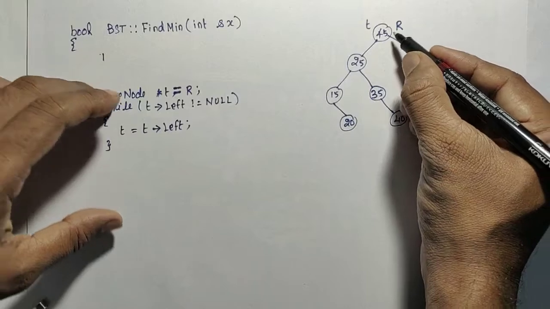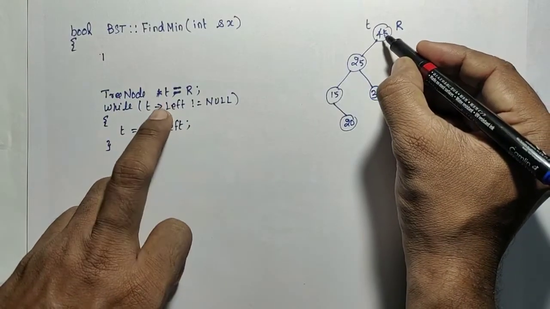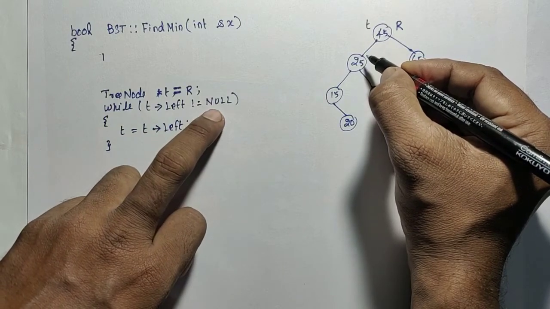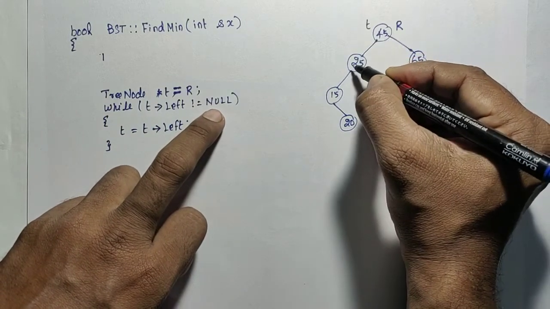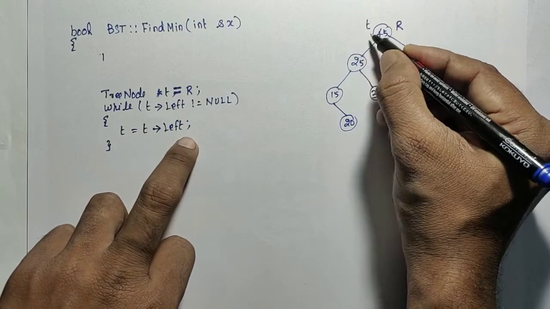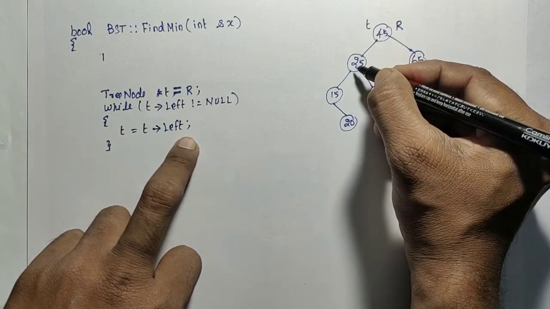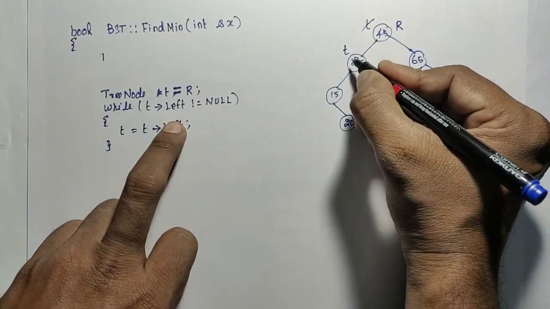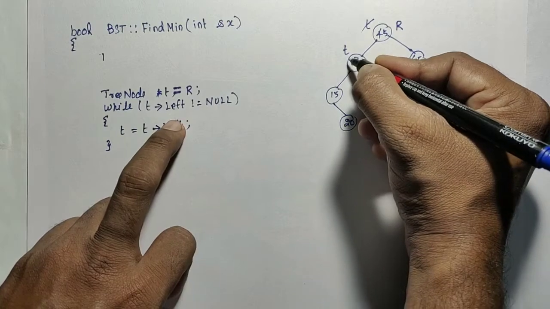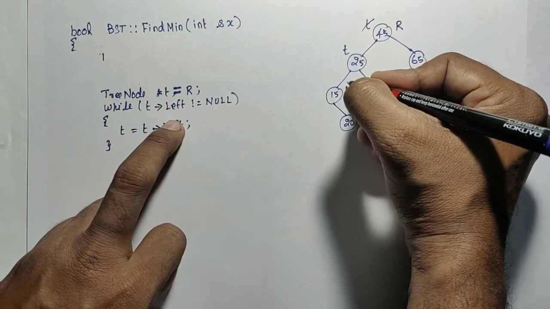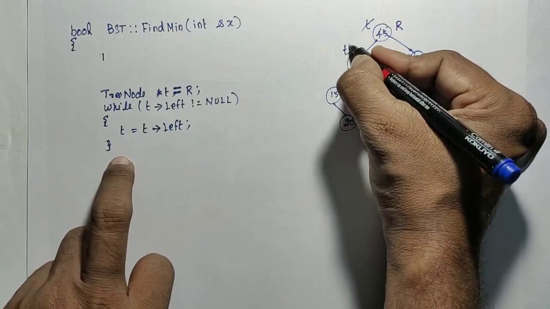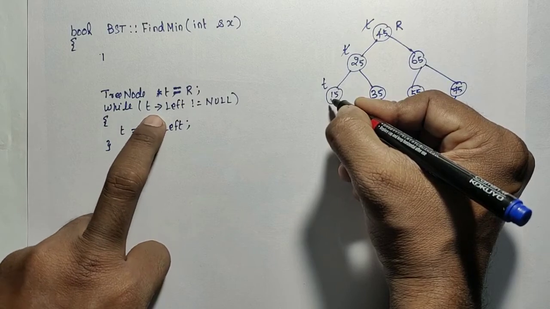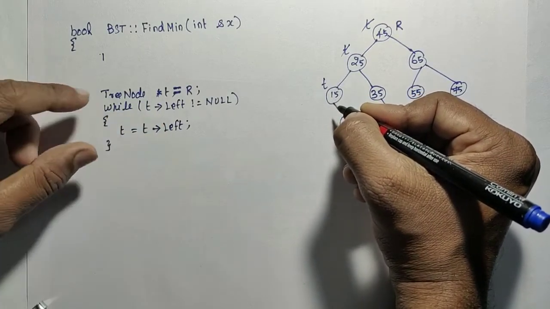First it will check t equal to, say, 110. So 110 of left is 210. 210 is not equal to null, so t will be updated with t of left, that is 210. So it will go here. Then it will check whether this is the leftmost. Leftmost means we check the left. The left is not equal to null, so then move it here. Now it will check whether this is the leftmost. Leftmost means t of left equal to null. So the loop will get terminated.